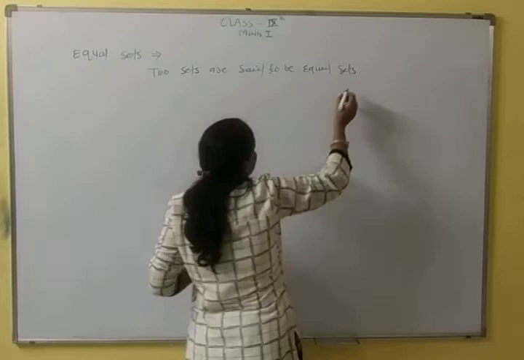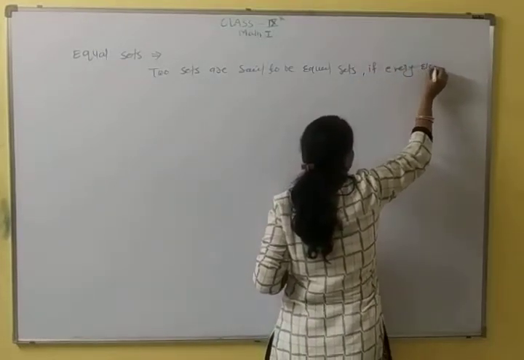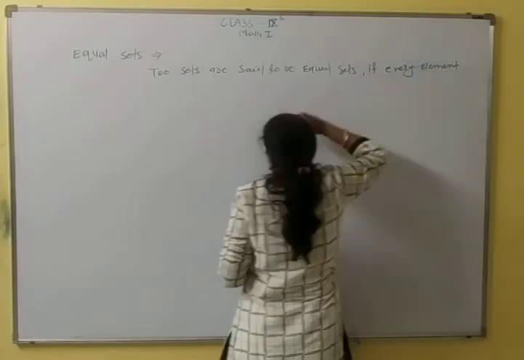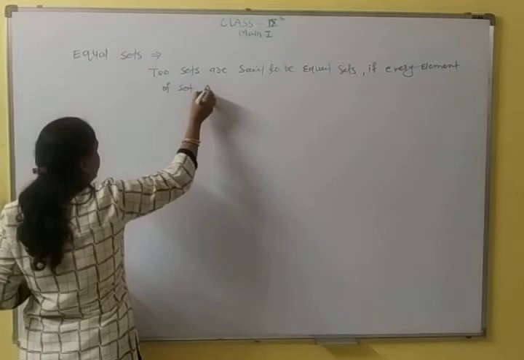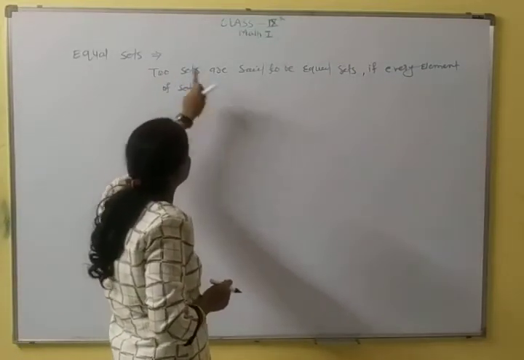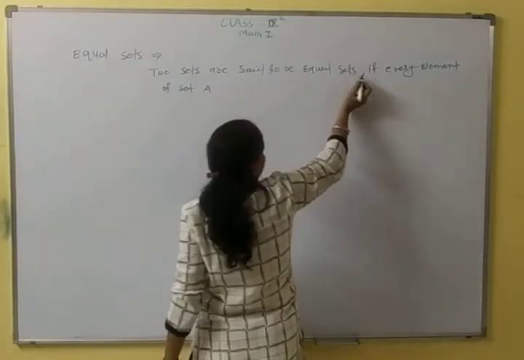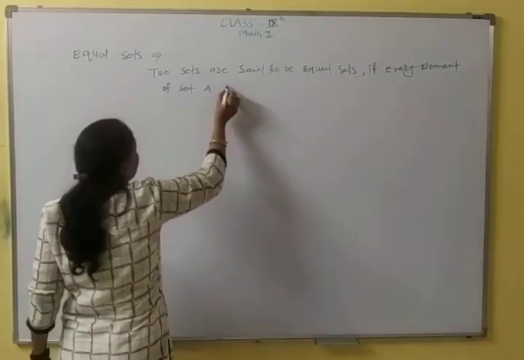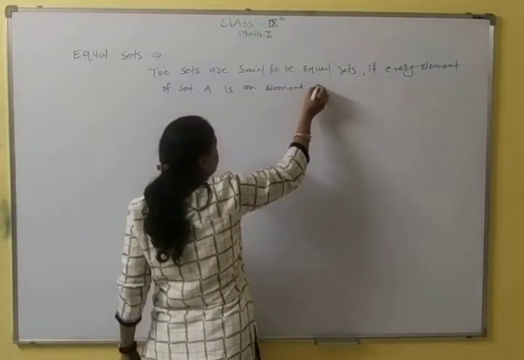Two sets are said to be equal sets if every element of set A is an element of set B